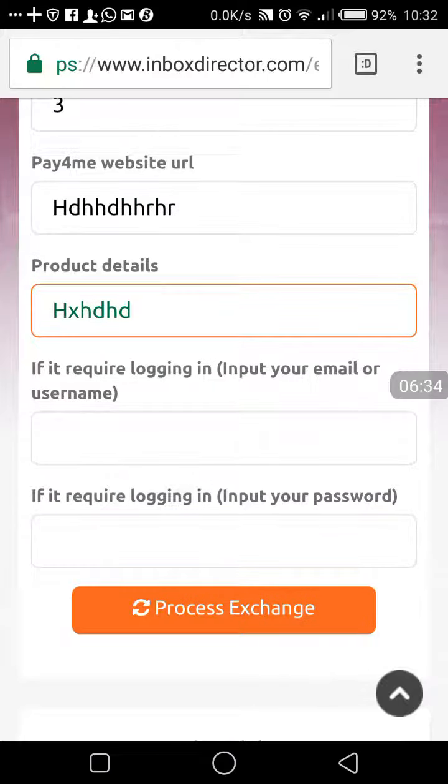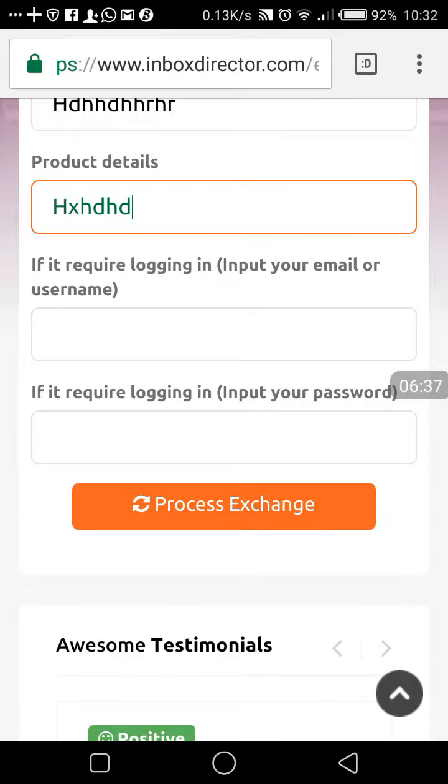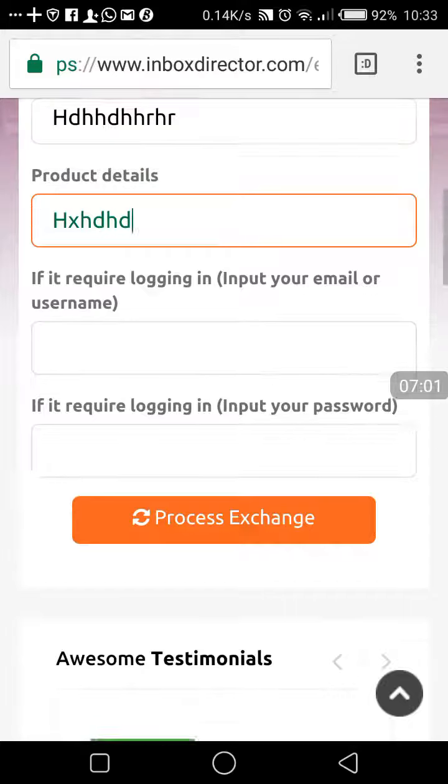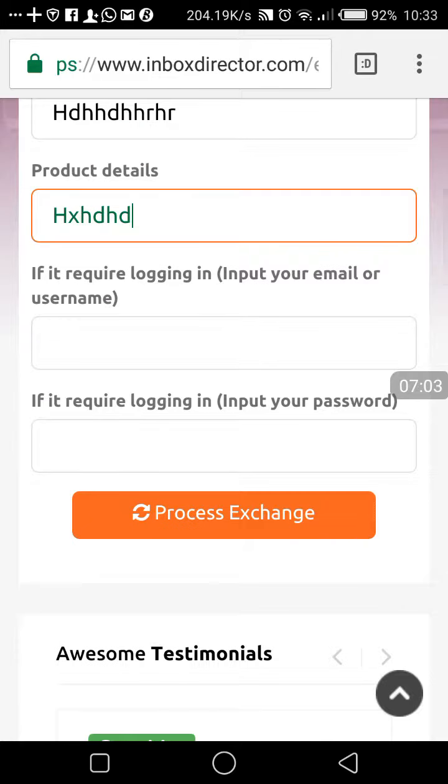Then if you require login email, put it. If you require login, put in the password. If you require us to log in, or we can also order on your behalf by using our own email or password. But if it needs you, maybe you want to pay for hosting stuff where you will need us to log into the website, we can do that. Or if the company, the hosting, can provide a payment URL that doesn't require logging in, then we can do that. We can help you pay. So once you are through, if it doesn't require login, just leave the empty space.